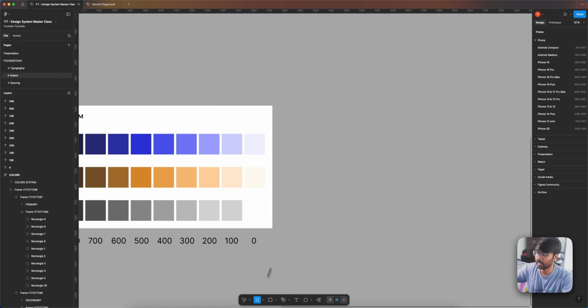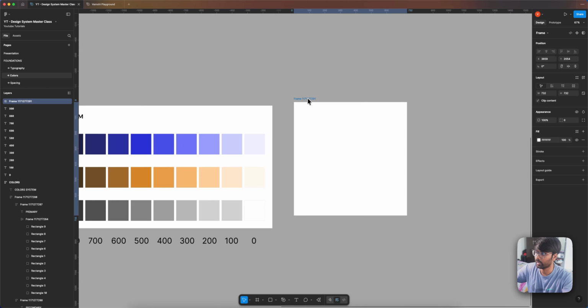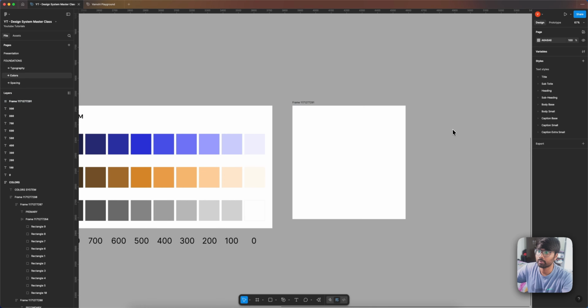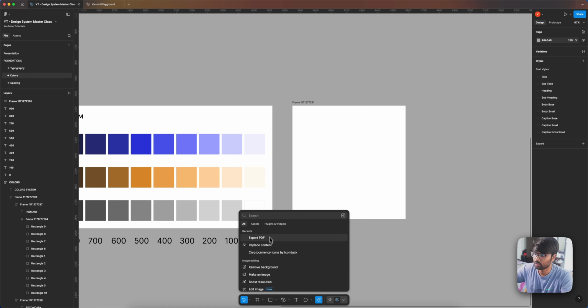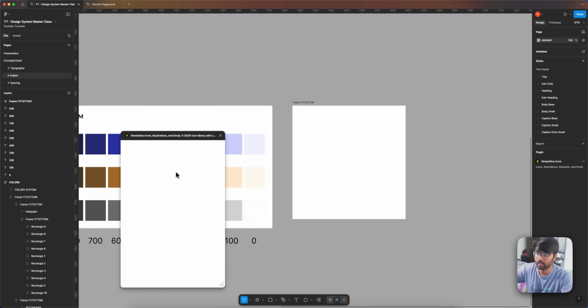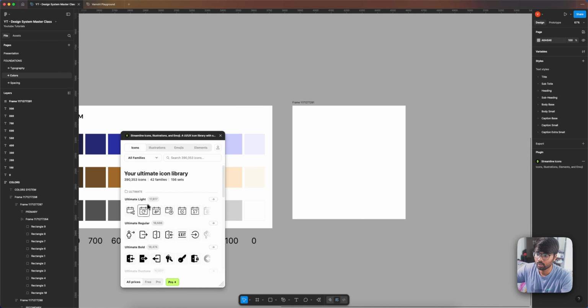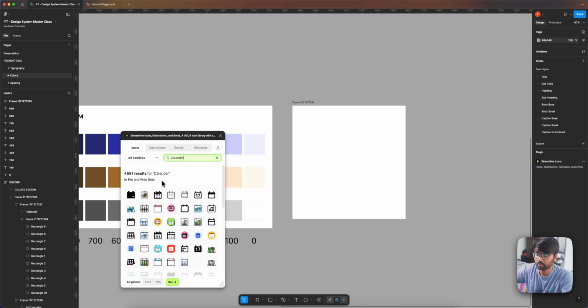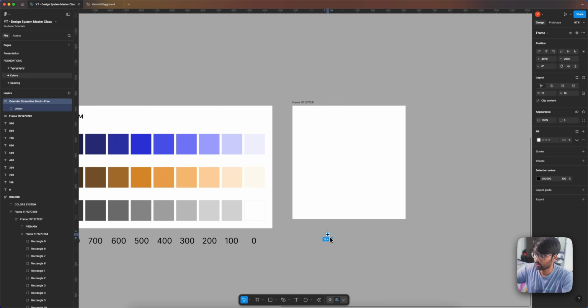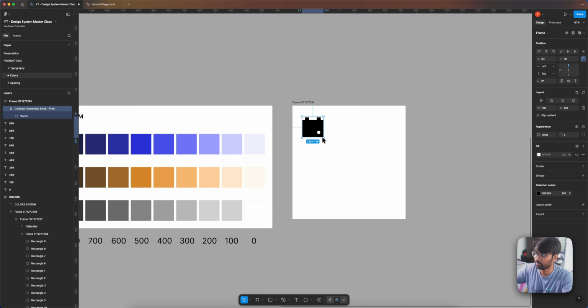Now let's create a component. You will see all the variables here. So let's take some content. Let's take an icon here, say a fire icon or else a calendar icon. Calendar icon. So when you paste it here,